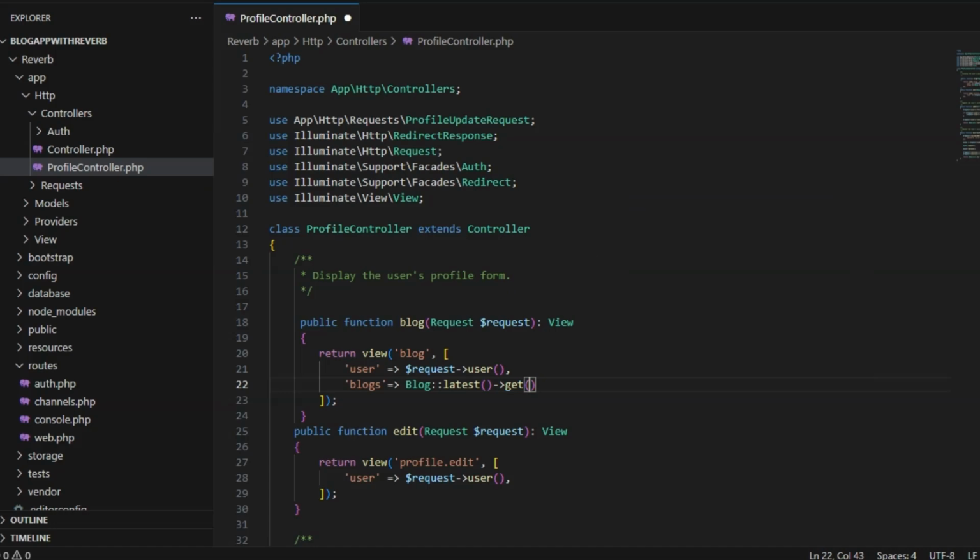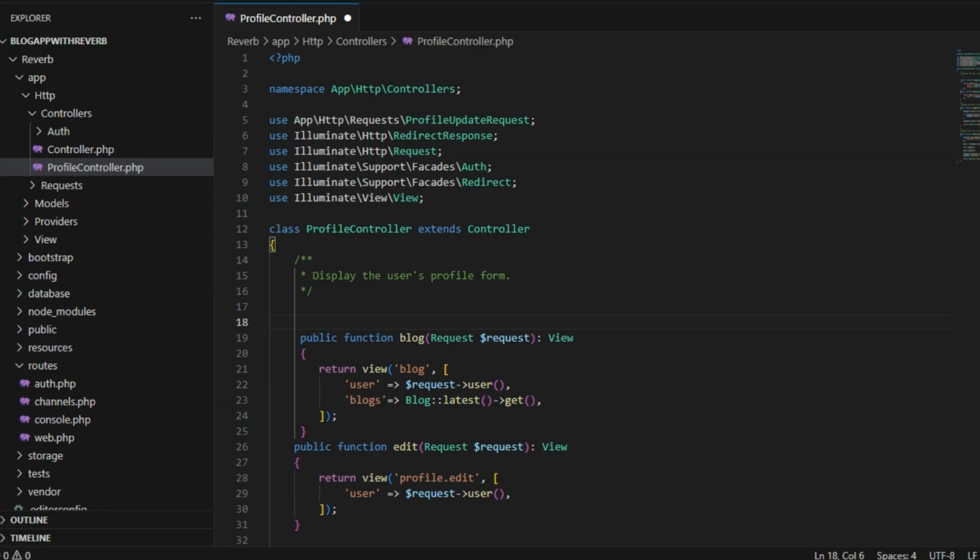Okay, so we show these blogs on this page. Basically it fetches all the blogs ordered by latest. Okay, so we do this, that is our blogs page.